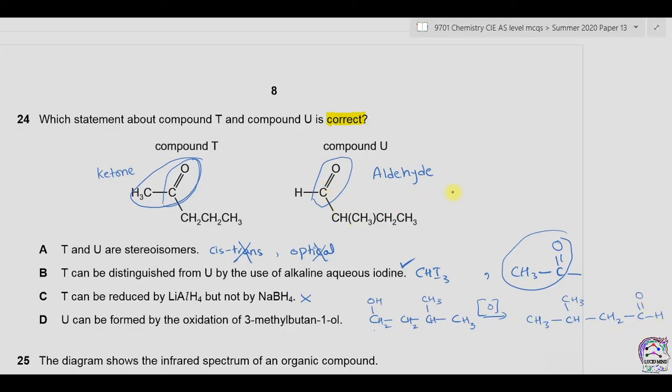Now the structure of compound U is like this. We have CH3, CH2, CH. CH3 is directly attached to CH because it is in bracket. Then we have carbonyl carbon and hydrogen atom. Now the name of this compound is